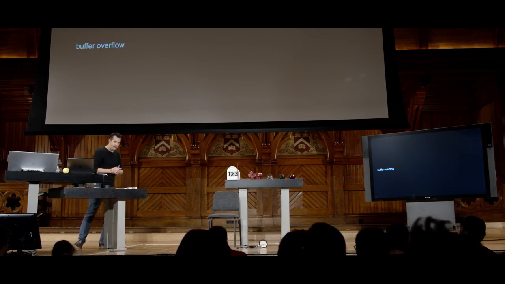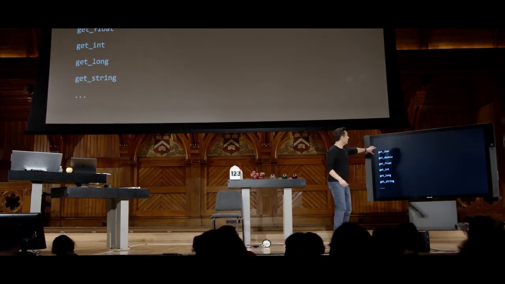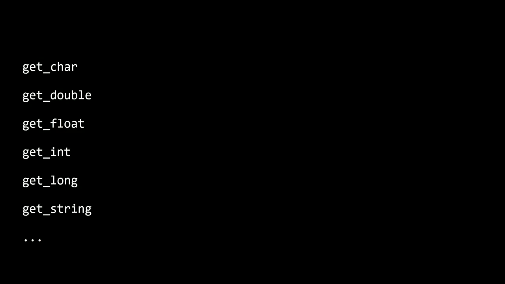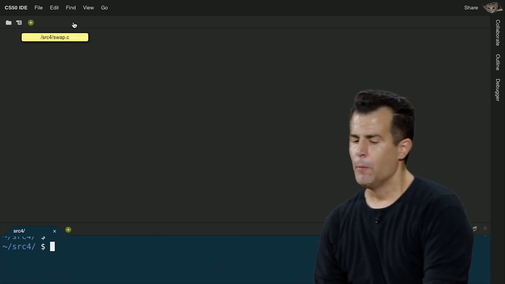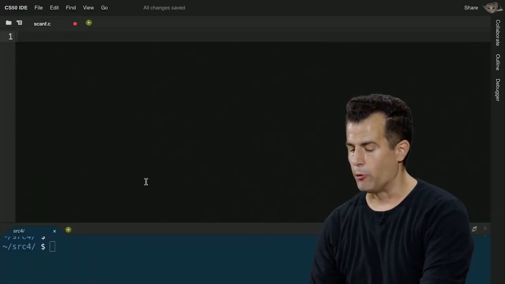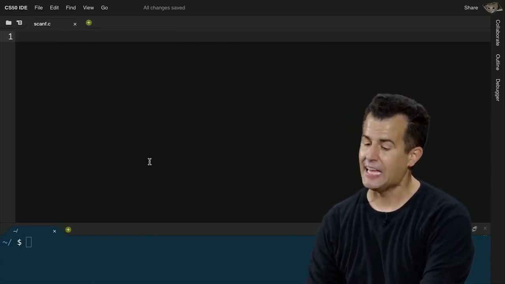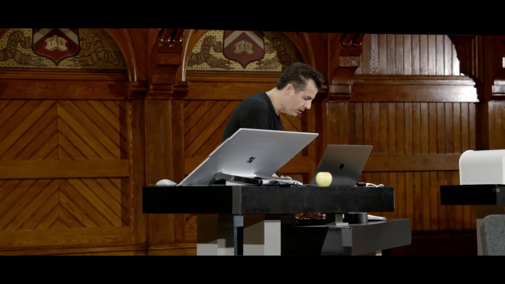So let's take off one final set of training wheels, if you will. All of these functions that you asked about earlier today, get float, get string, get double, and so forth from the CS50 library, actually deal with pointers for you and deal with memory addresses in a way that allowed you not to have to worry about them. Let me go ahead and implement the same idea as getInt, but the low-level way that you would have to do it if you didn't actually have CS50's library. I'm going to go ahead and create a program called scanf for formatted scan. And I'm going to go ahead and implement the following logic.